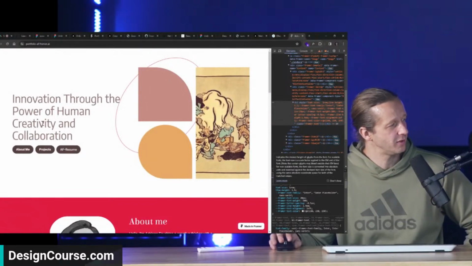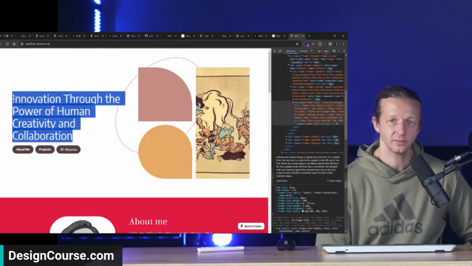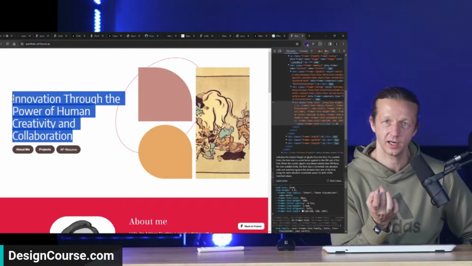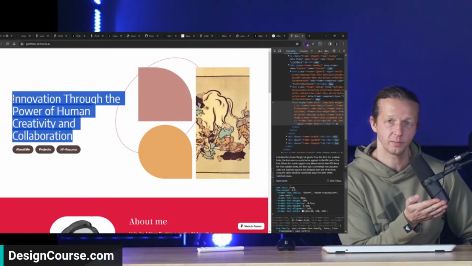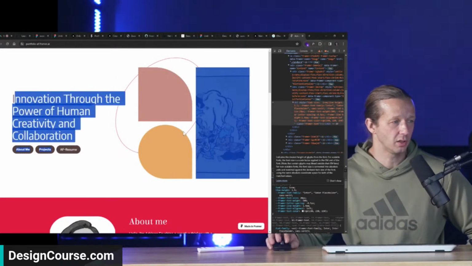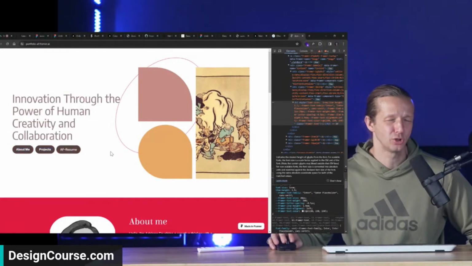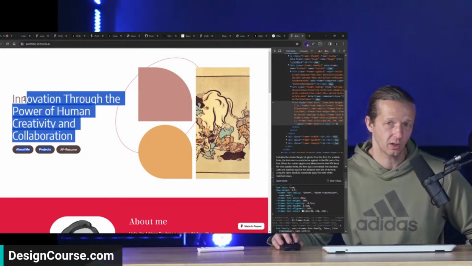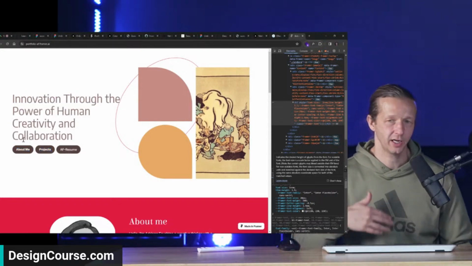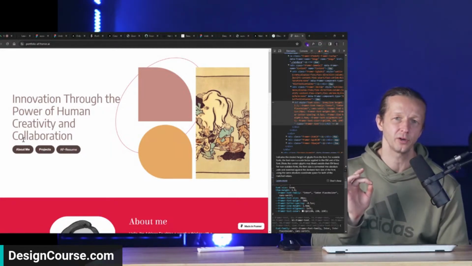Innovation through the power of human creativity and collaboration. So this is a good headline, but I think you need to have a secondary, like a sub headline, because this emphasizes benefits, which is great, but then you need to talk about your features. Just in this area alone, with the illustrations being abstract, and this type right here, you're not sure what that means. Like, what is it that you do? Are you a graphic designer? Could you be something else? So a secondary headline, literally mentioning what your job description and title is, would be a good idea.